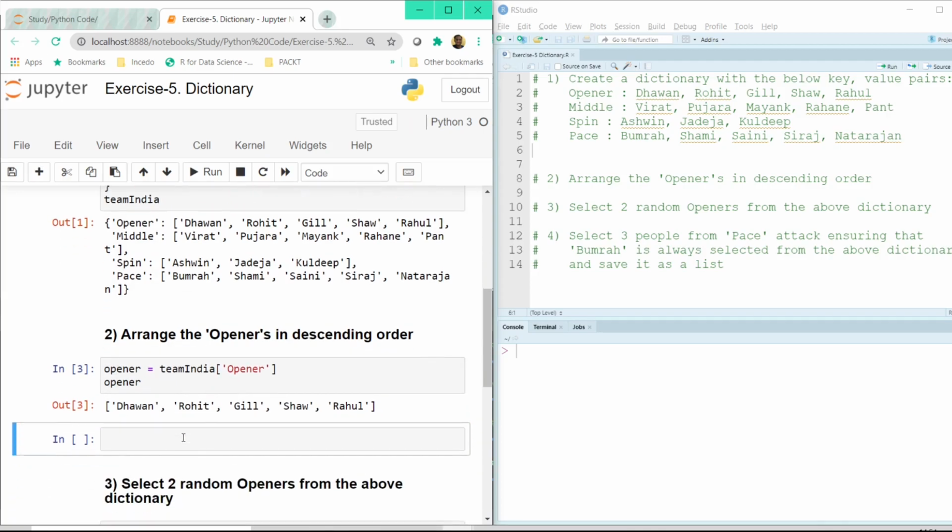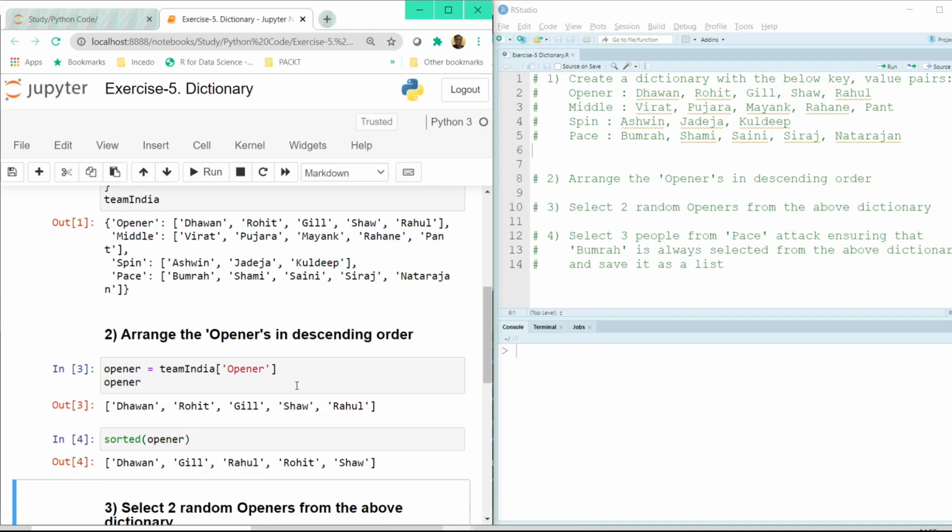Now, the way we sort the list in descending order. We have this command called sorted, and inside sorted, we have to pass the variable that we are trying to sort. In this case, this variable is the list here. And if I press shift plus enter, we see that the list has been sorted in ascending order, starting from D and ending at S. So if you have to reverse the order, we have an option here.